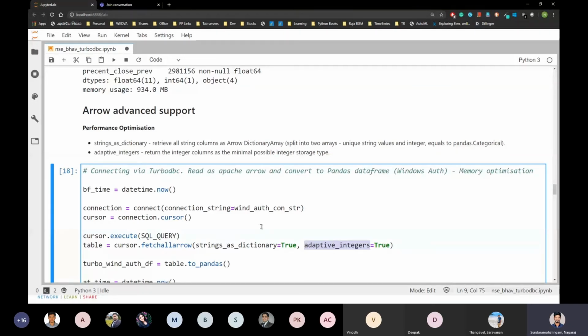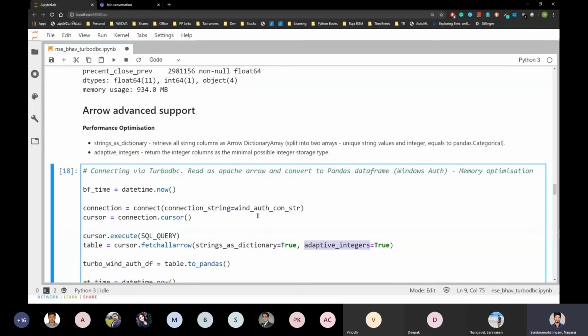Basically, if you are familiar with databases, you know this concept: a lookup table or bridge table or map table, whatever it is. Let's say there is an employee type or a team name. You assign an integer to a team name, let's say developer, HR, QA. Instead of storing a string, you store an integer value, a sequence number, and then you will have a separate table which will have information about team name and then IDs.